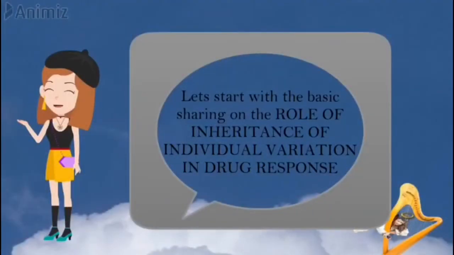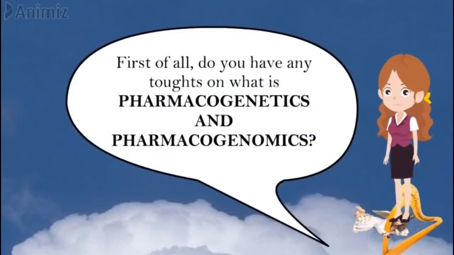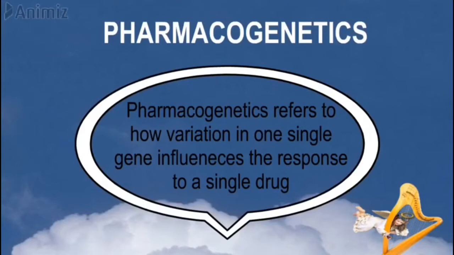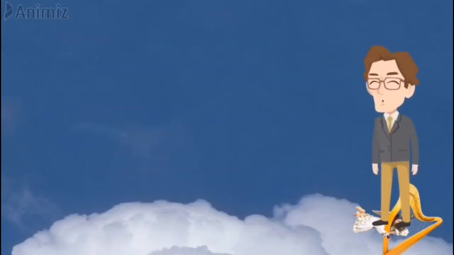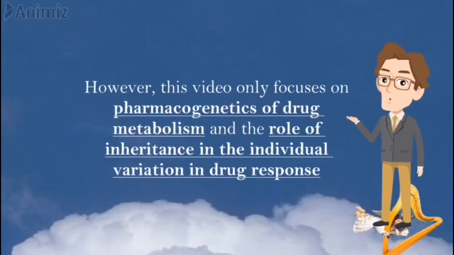Let's start with the very basic sharing on the role of inheritance of individual variation in drug response. First of all, do you have any thoughts on what is pharmacogenetics and pharmacogenomics? I am going to explain pharmacogenetics first, which refers to how variation in one single gene influences the response to a single drug. Whereas pharmacogenomics is the study of how all of the genes can influence response to the drug. However, this video only focuses on pharmacogenetics of drug metabolism and the role of inheritance in the individual variation